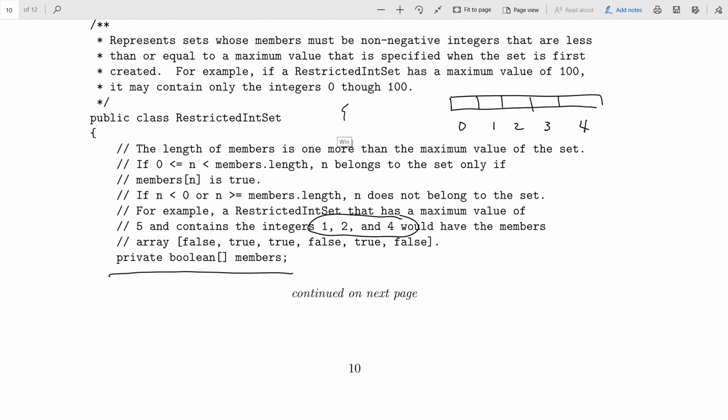So let's say we're trying to represent, this is what he said, a set that contains 0 and 3. What we do is we store a true in the 0 index, and we store a true at the 3 index, with falses everywhere else. So the trues tell us which elements are in the set. The integers that index to true are in the set, and the ones that index to false aren't. So this is kind of a weird way to represent small sets where you know the maximum value.